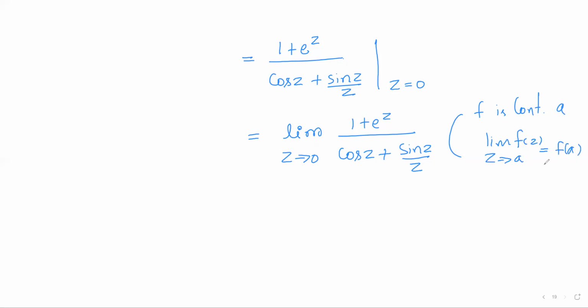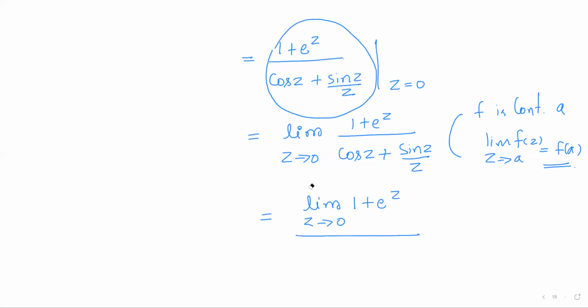It is f at a. So I am using this formula. Now this function is continuous, so its value at z equal to 0 is nothing but the limit of that function as z approaches 0. The limit of the quotient is the quotient of the limits. So the limit of 1 plus e to the power z as z approaches 0, divided by the limit of the denominator: the limit of cos z as z approaches 0 plus the limit of sin z by z as z